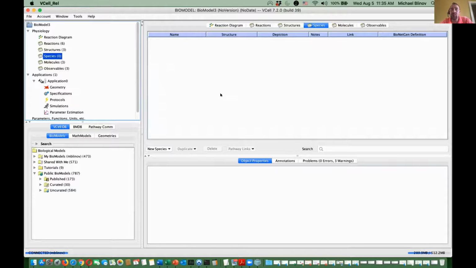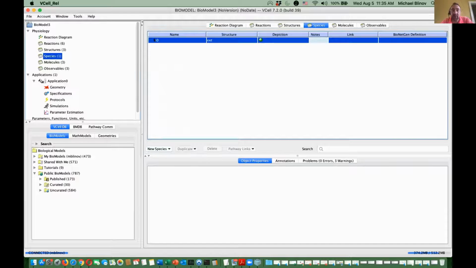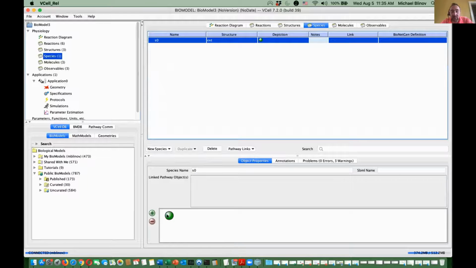You have no species in your system, and how will this network expand? So you have to start with extracellular space. You have a species EGF,